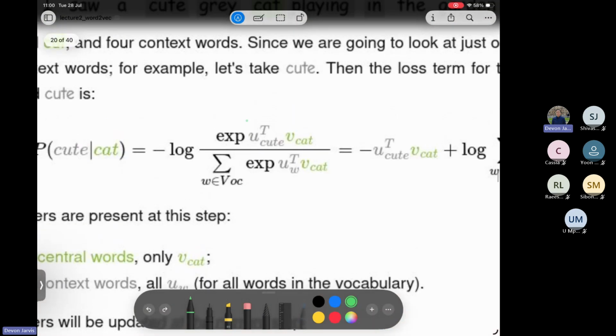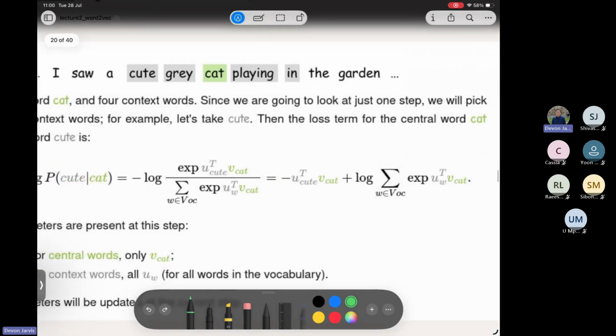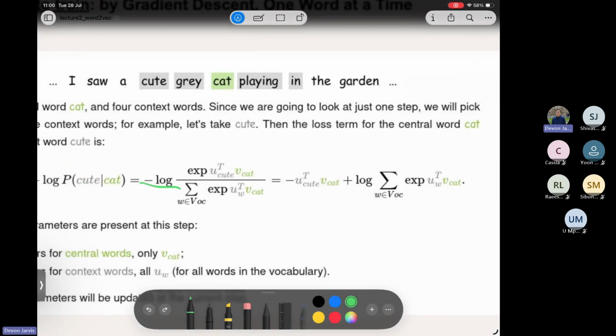Okay, and so what are we doing? We're taking the vector representation for cat. All right, that's the input. Taking the vector representation for cute. Dot product, exponential, there's my propensity, and then I just divide by the entire propensity, the sum of all propensities, right? That's now given me a probability of cat and cute co-occurring, and then that probability, I want to make it stable and make it a minimization problem, so negative log, and then that gives us all of this, right? And again, you can see that what happened with the log is that it canceled with the exponentials as we predicted earlier,